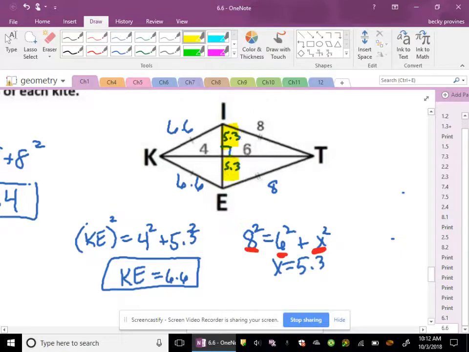And I know the other piece there is also 5.3 because K to T bisects the segment. Now you have enough information that you can start doing Pythagorean all the way around to get your answer. So notice over here for KE,